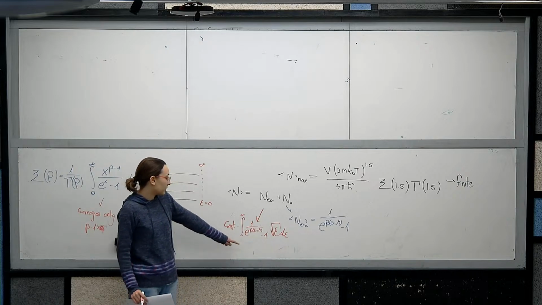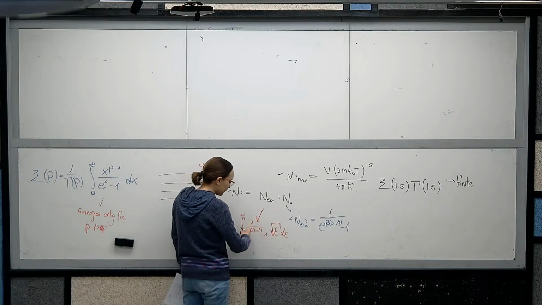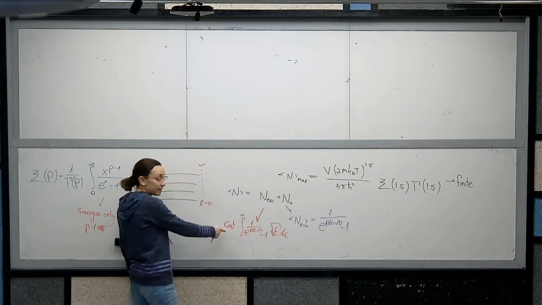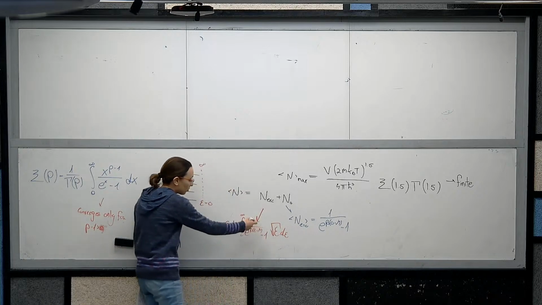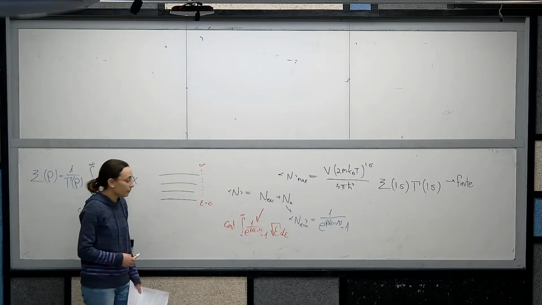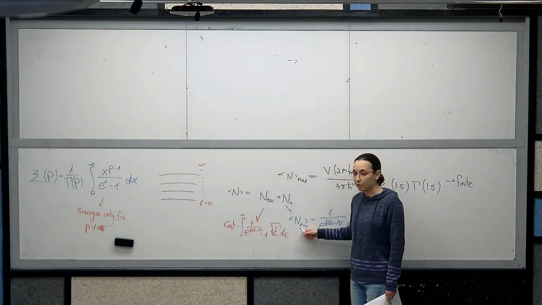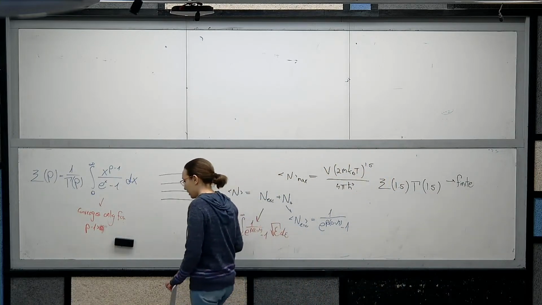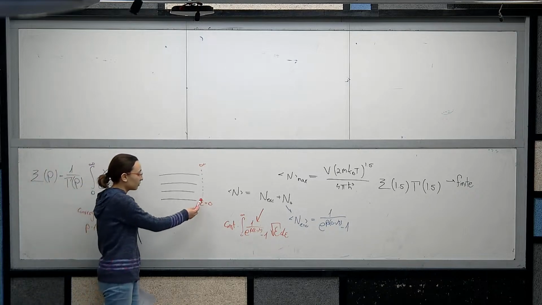Now, when we're talking about epsilon equals 0, we actually get that this term for epsilon equal to 0 doesn't give us anything in the integral, because the density of states forces this term to be 0. So for epsilon equal to 0, we need to manually calculate the number of particles in this level, without the density of states. That works fine for the levels that are not epsilon equal to 0.